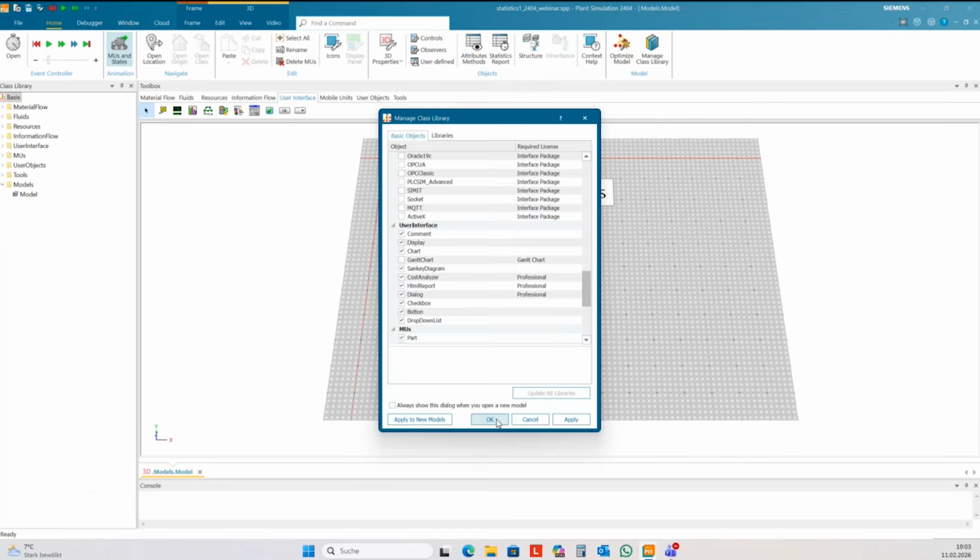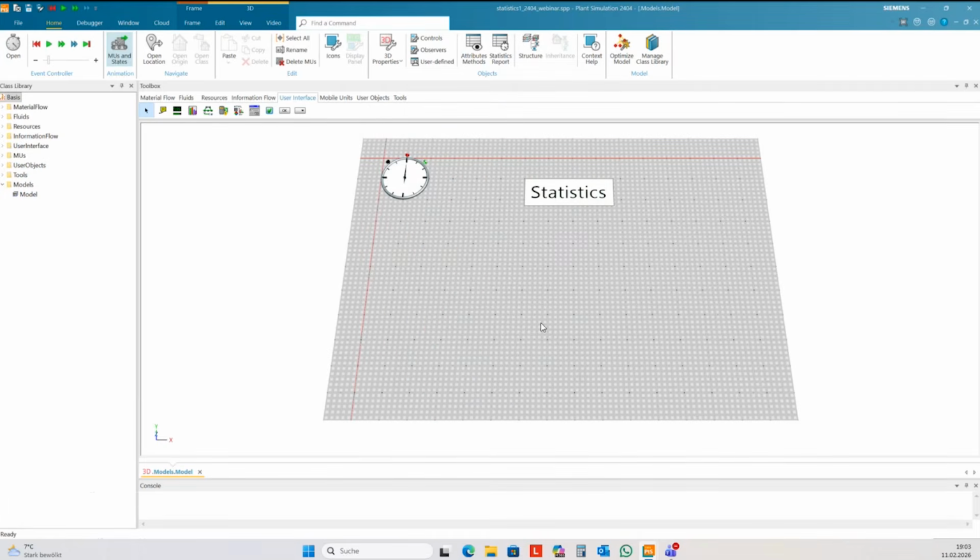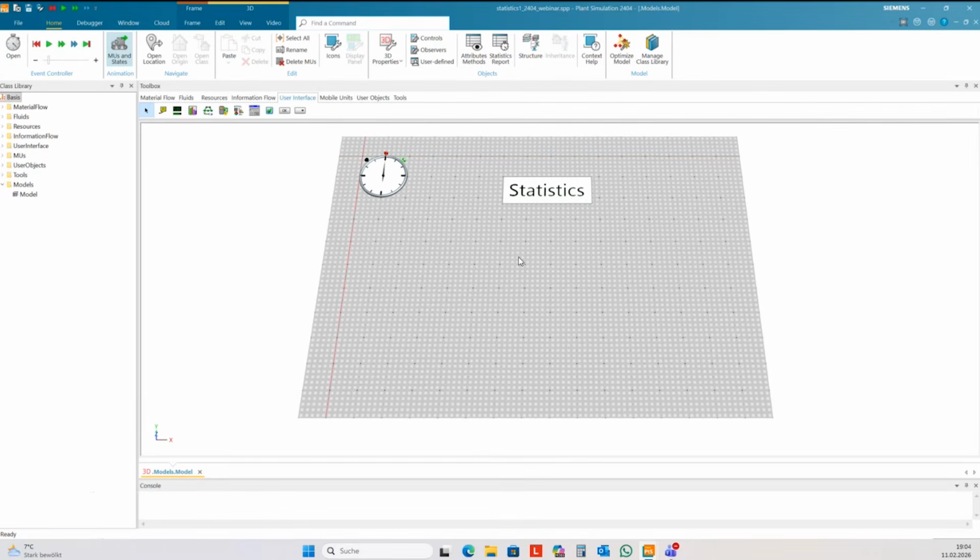Today I will show you all this without these elements, so you can follow along even if you have only the foundation license or the standard license. It's a pity that it is restricted, but you can make a workaround for all the restricted elements in Plant Simulation, and some of these workarounds I show you today.